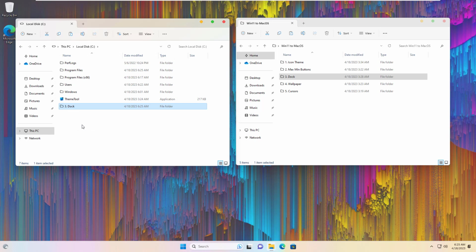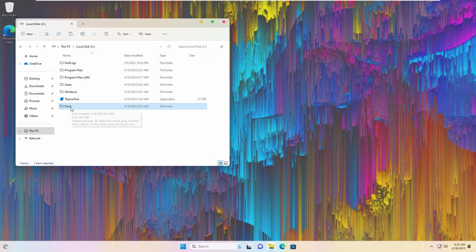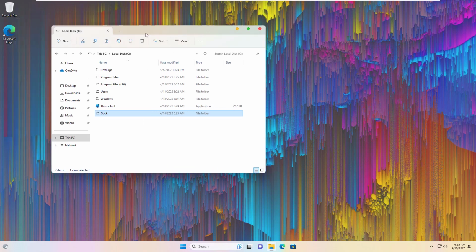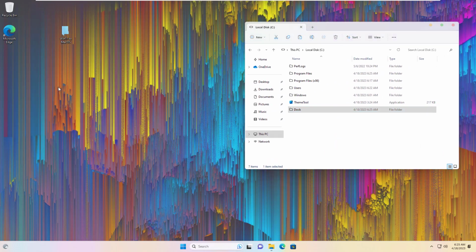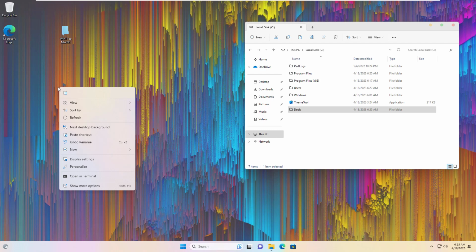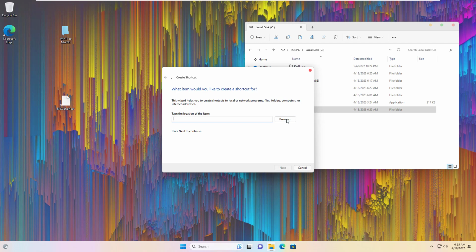You copy the folder named Dock to the System partition of Windows 11. Next, you create a shortcut for this tool.